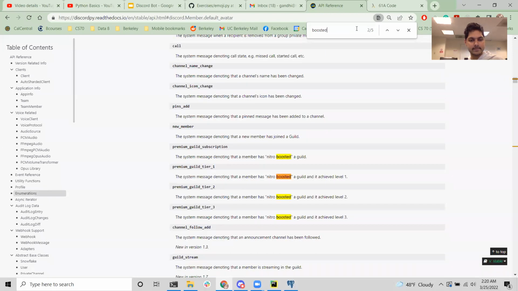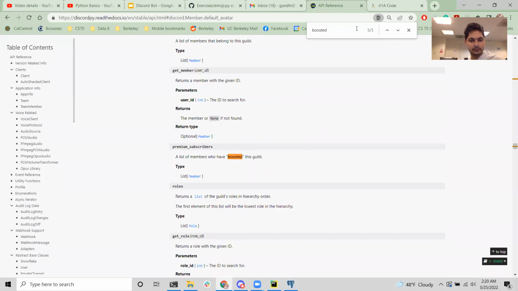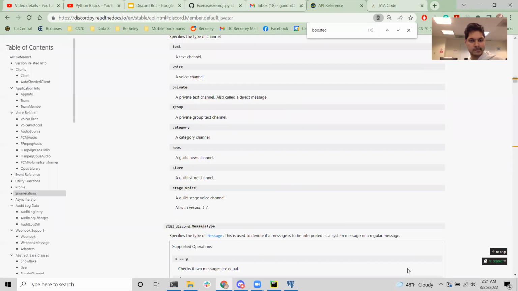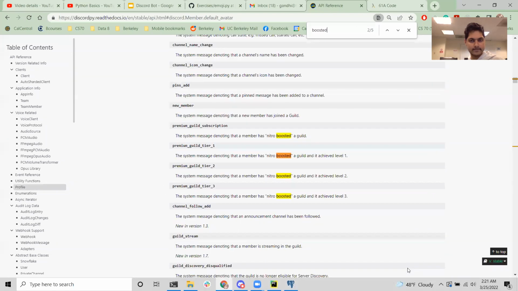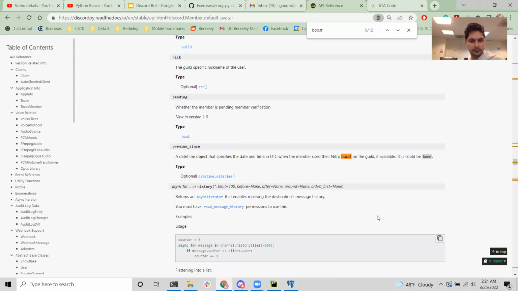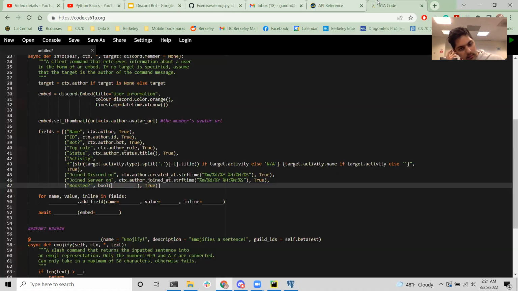Premium since is an object that specifies the day and time when the member used their Nitro boost on the guild.